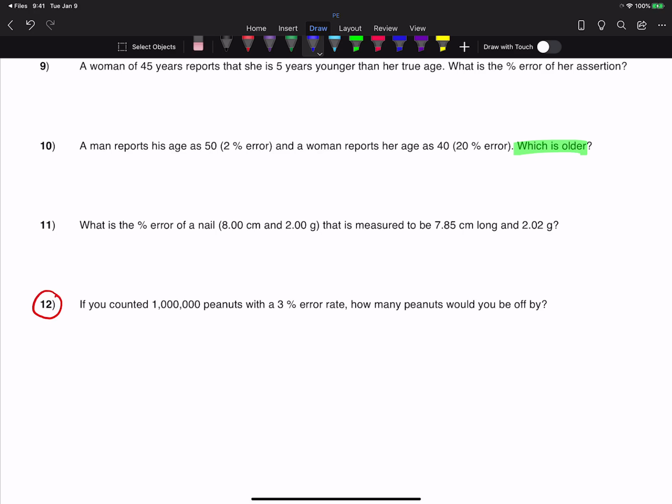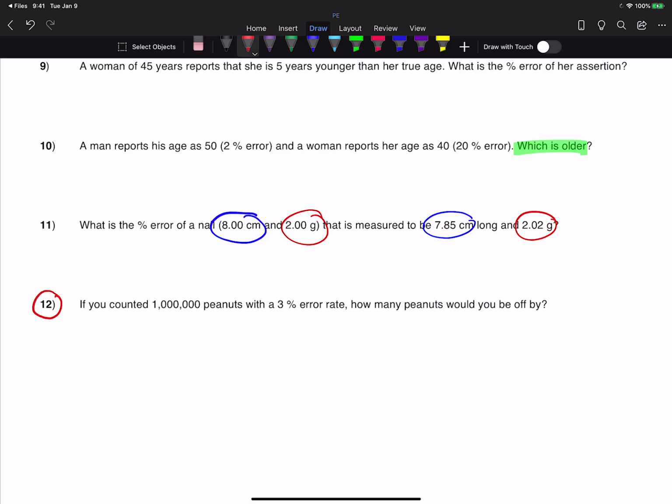In problem 11, you have the actual length and mass of the nail and the measured value for the length and the mass. You have to calculate two separate percent errors here. So you will do this one time using the length data, calculate percent error, and then you're going to do this a second time